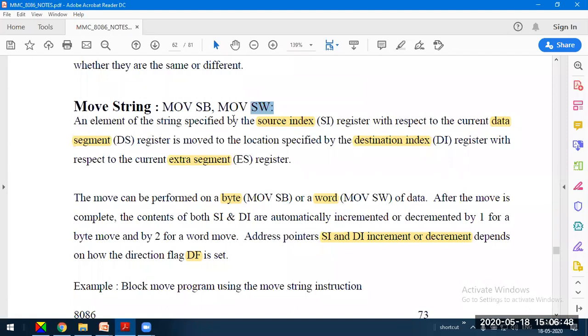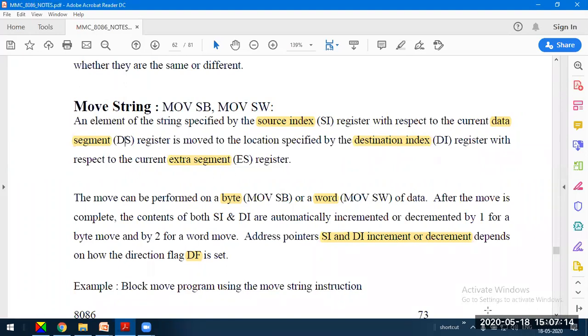So this is bytewise data transfer, this is wordwise data transfer. An element of the string specified by the source index register with respect to the data segment register is moved to the location specified by the destination index register with respect to the extra segment.